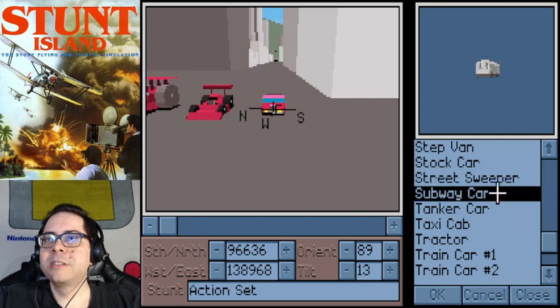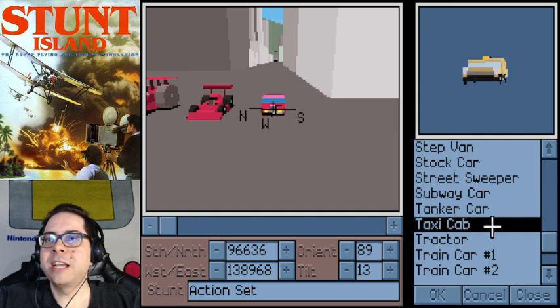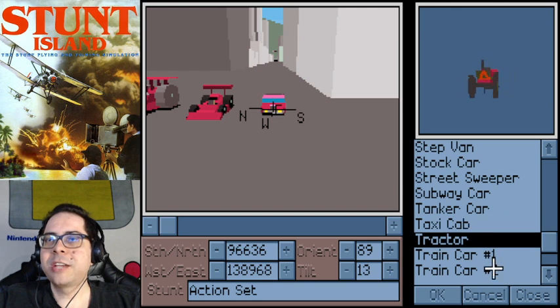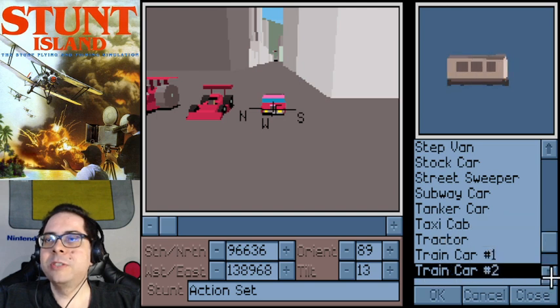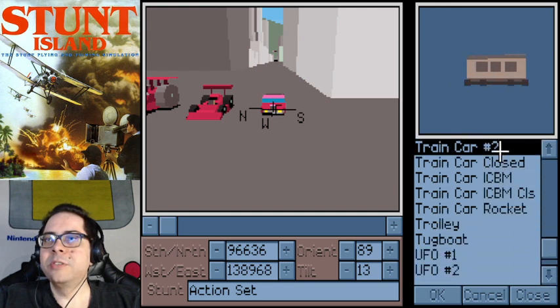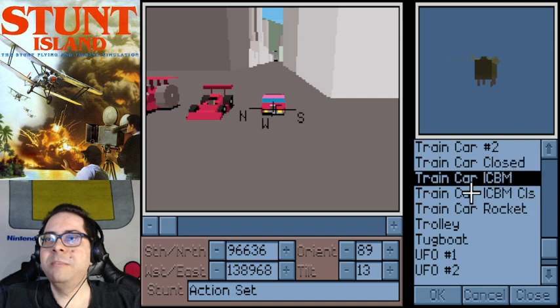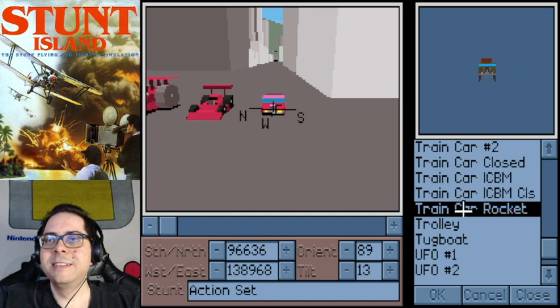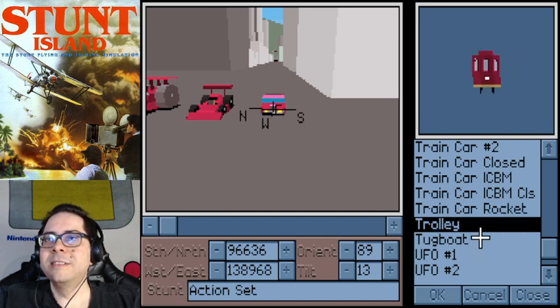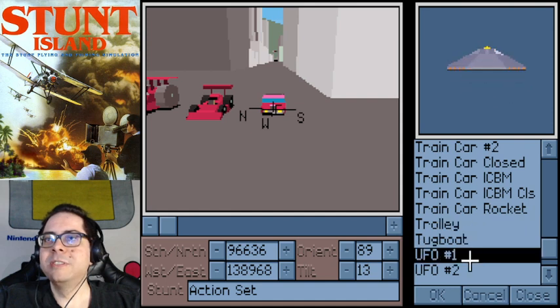Street sweeper, subway car, tanker car, taxi cab, tractor, train car 1, train car 2, train car closed, train car ICBM and ICBM closed, train car rocket, trolley, how cute, tugboat, and UFO,